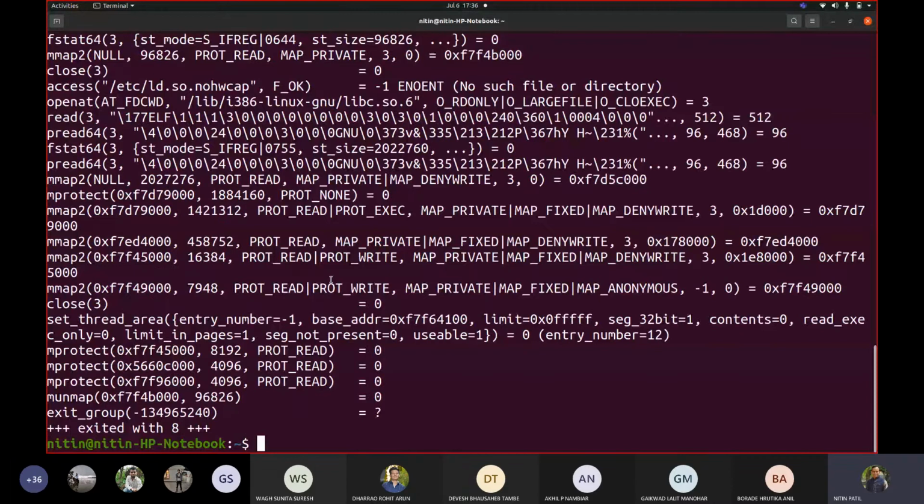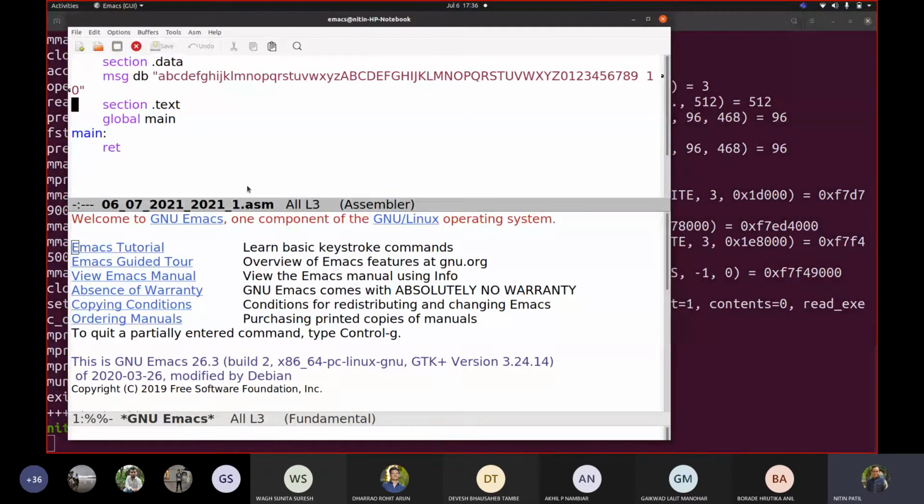So if I write now this strace, now you can see write system call somewhere. Have we used any write? We haven't used write system call, so your executable will not have that. Okay, but let us do this. So Emacs 06. I will simply use here extern puts, push msg, call puts, add esp comma 4. Because a stack is created, we have to delete that stack. That's why this add esp comma 4.